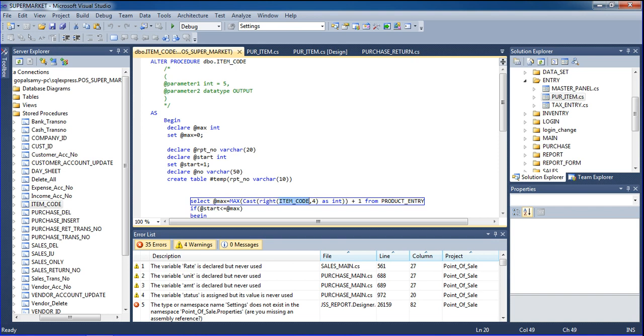What is the present item code? That is the 4 event number. 4 number means, as I showed you, 0321, 0322, so like this 4 event. Since I need the 4 event, for that purpose I declare the 4 event as integer plus 1. So that is 4 event plus 1.